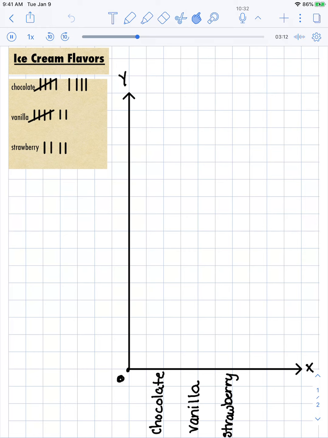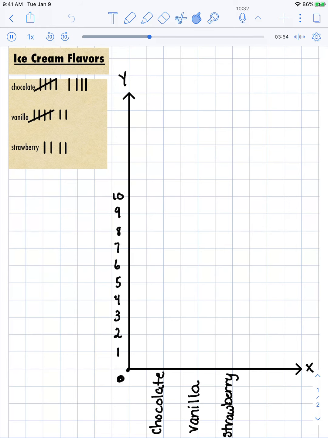Okay, so now I'm going to count going up on the lines, not the spaces. We're going to deal with the lines. So if this line is 0, then that next line is 1. And then I'm going to count 2, 3, 4, 5, 6, 7, 8, 9, and 10. I don't really need to go beyond 10 because I don't have any category that has more